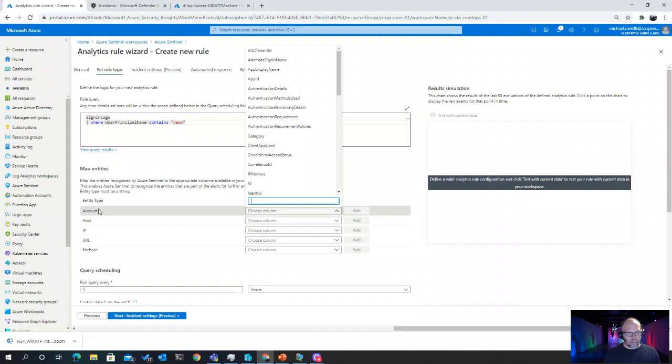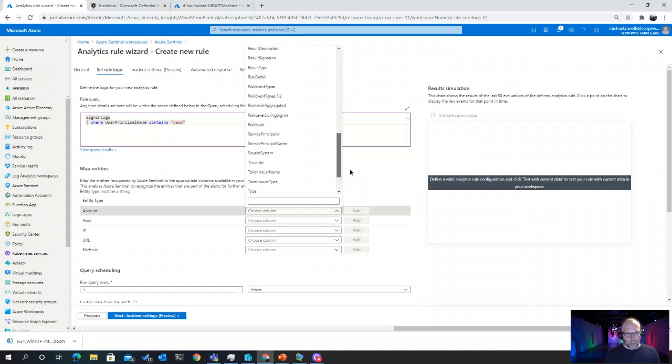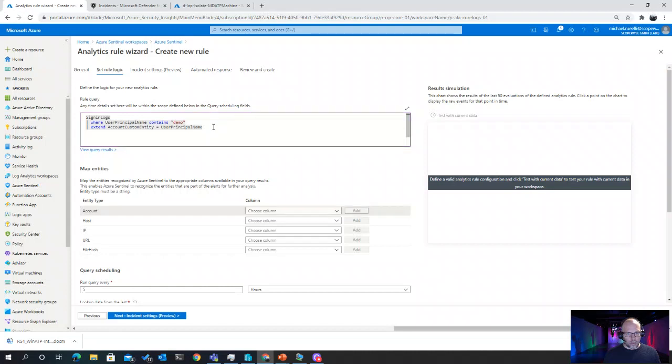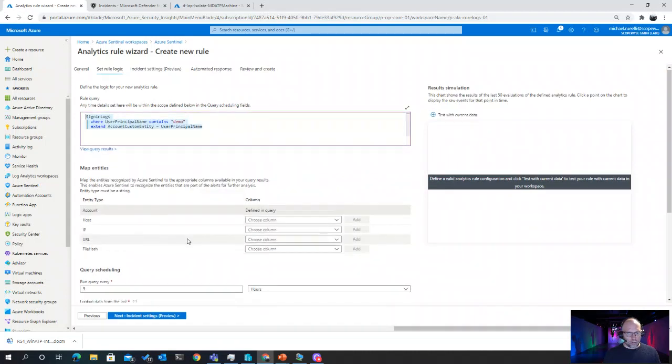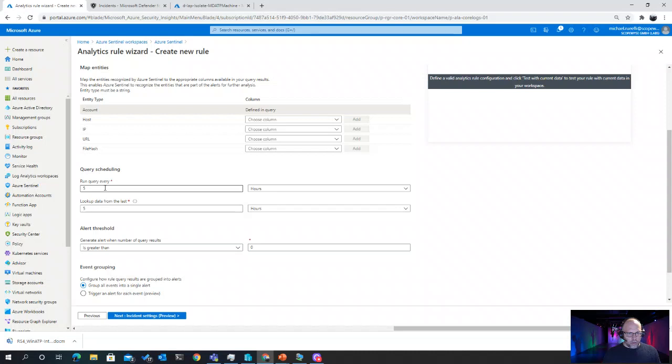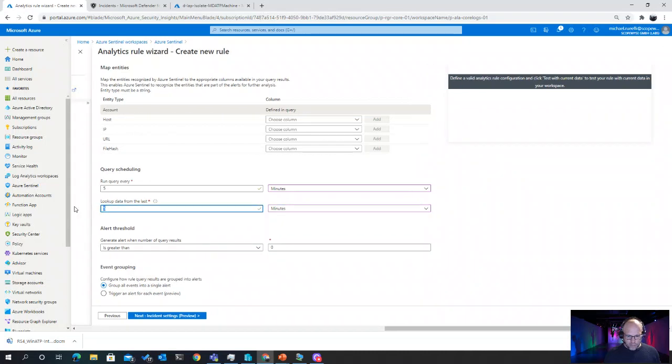So I need to map the account entity to maybe the user principal name. Why not? That's a good idea. So I need to define the query. I've done that. Then I need to define how often this query will be run. The minimum is actually 5 minutes, so every 5 minutes this query will be run. I look back over the last 10 minutes, for example, and if the result is greater than 0,